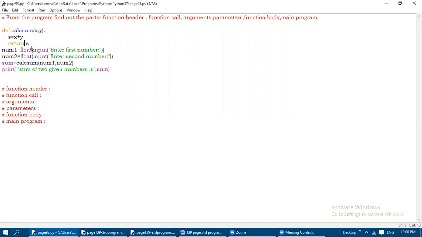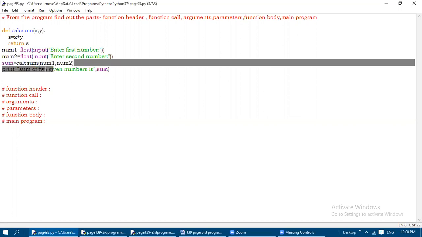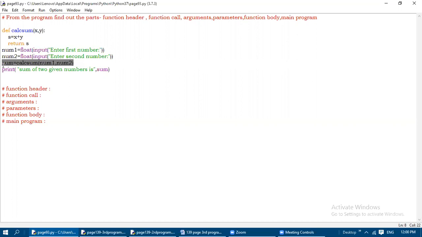These variables are also called arguments and parameters, which we have studied in the function lesson. So what is the difference between arguments and parameters? There is a small difference. Arguments are the values which are passed inside the function call. So how do we identify the function call? As I said, the function call will be a part of the main program only.